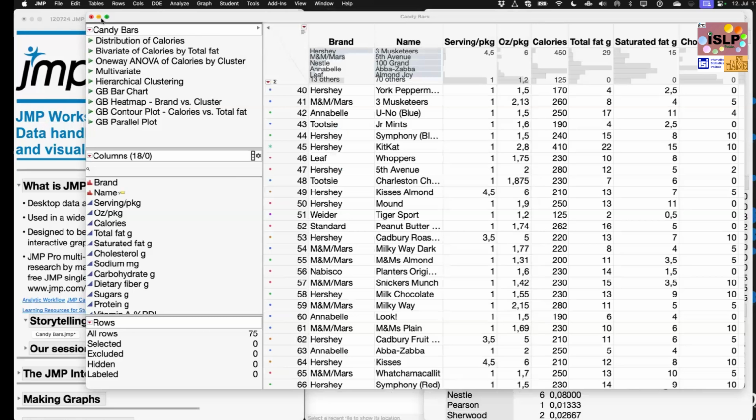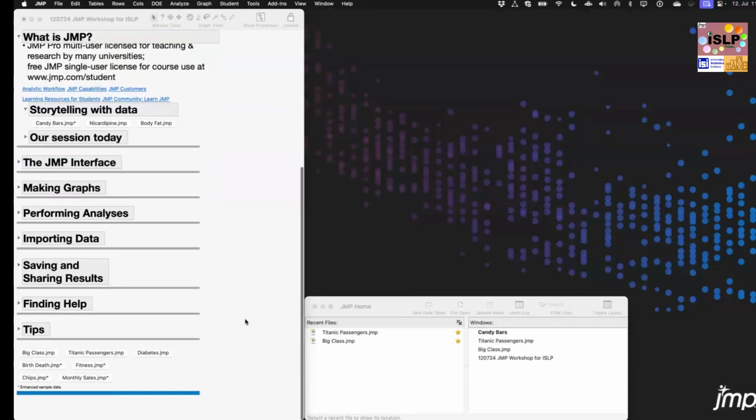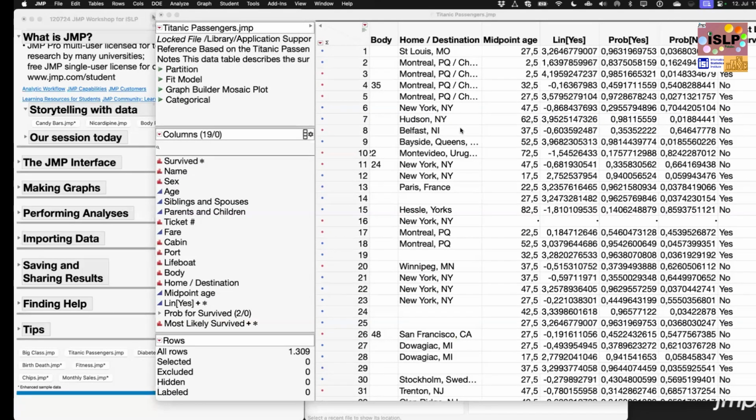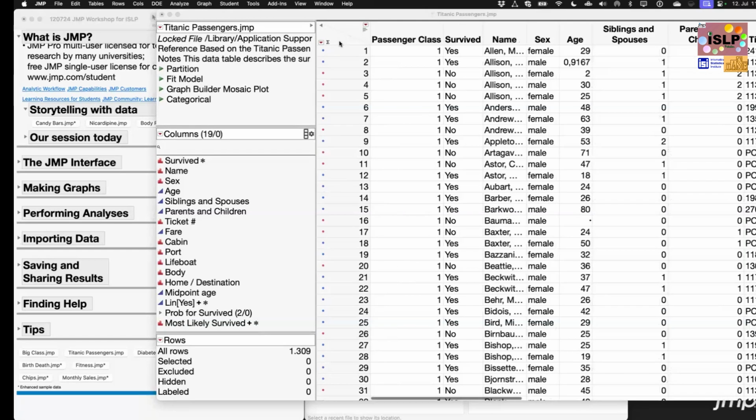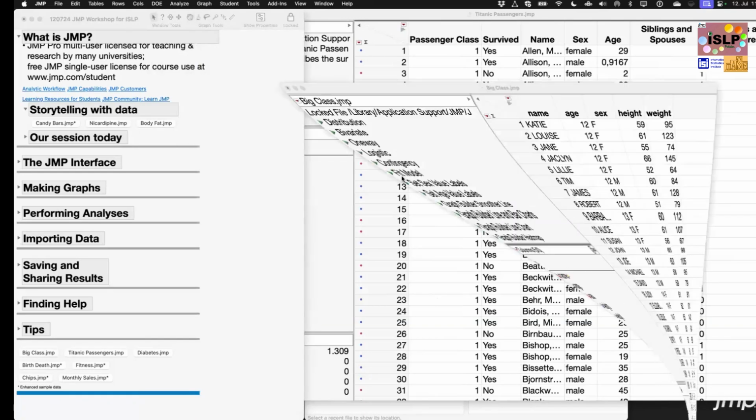What I would suggest as a next step, maybe if you could open the Titanic passengers data set. Yeah, so this is a quite famous data set also in teaching, data exploration, visualization, some basic modeling. If you could open this data set, and I will show you some more information on